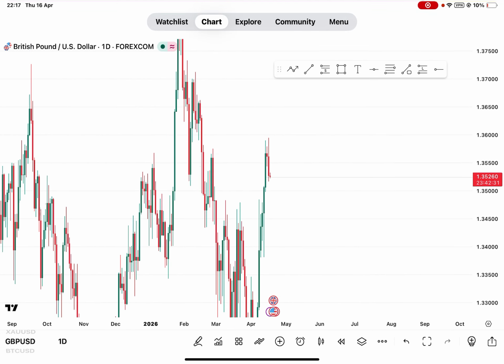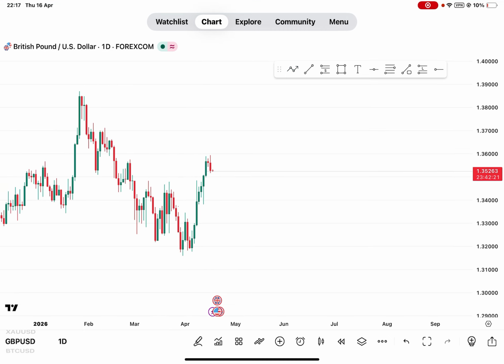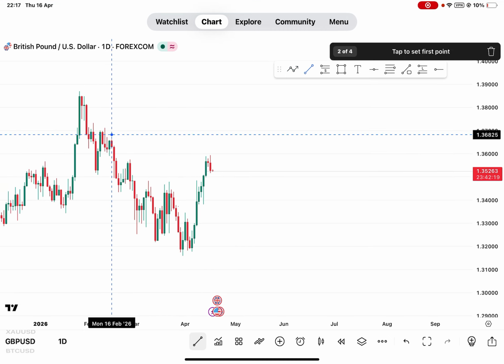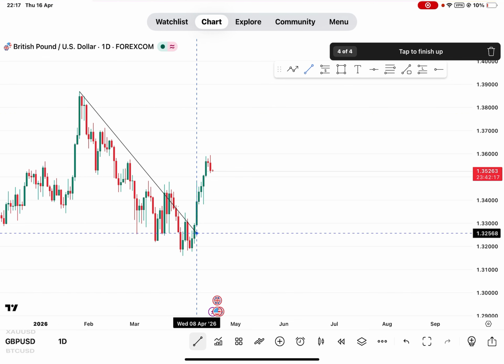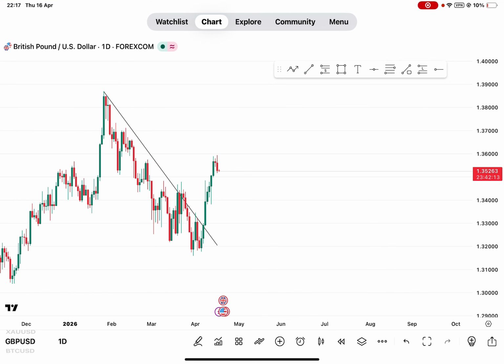And as you can see, based on this particular thing right now, the market is currently in a bullish mood. First of all, let's draw a trend line so we can see what we should be looking out for in the market. You can see this particular trend. The market has broken out from that trend line and it has been going bullish since then.